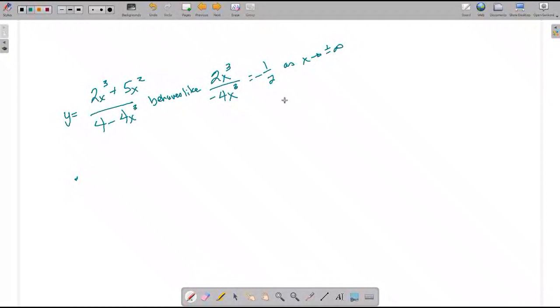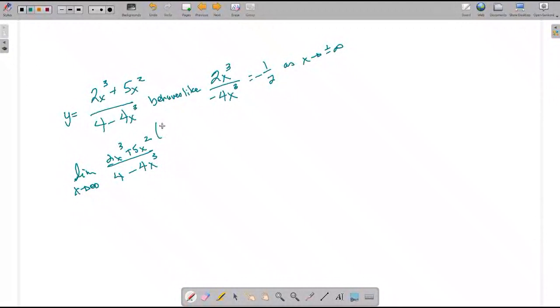And looking at this is okay, but I want to explain where this comes from. So what I'm really doing is I'm really looking for the limit as x approaches infinity of this rational function. And the behavior that we just talked about says that we're going to divide out the dominant term in my